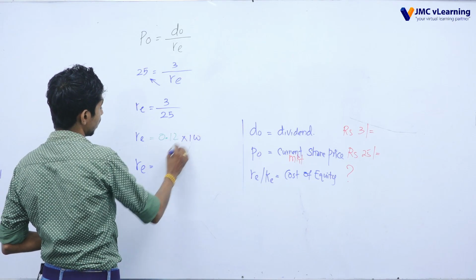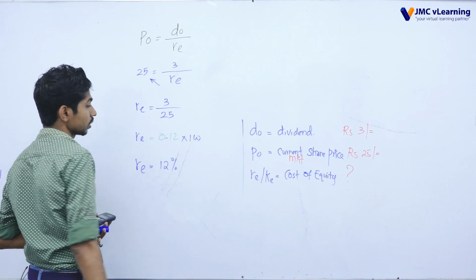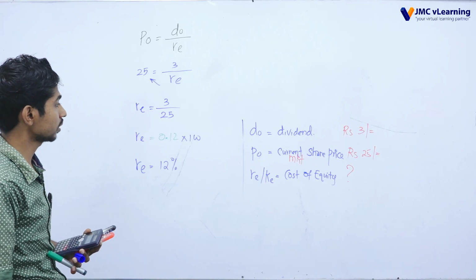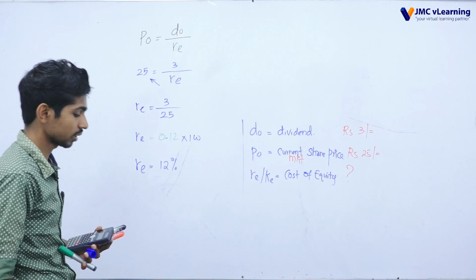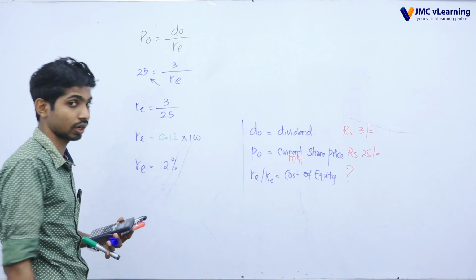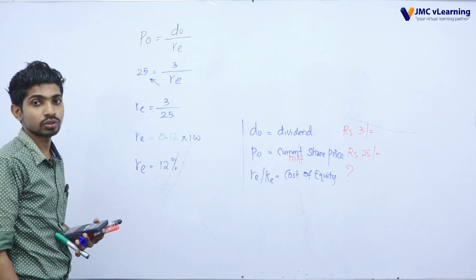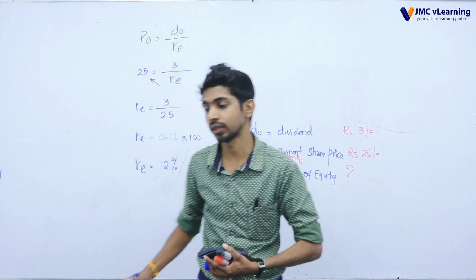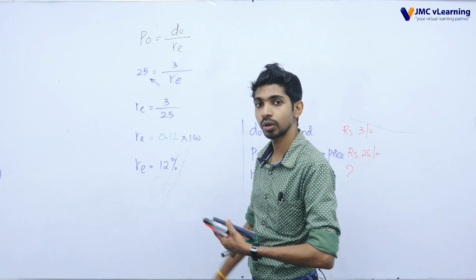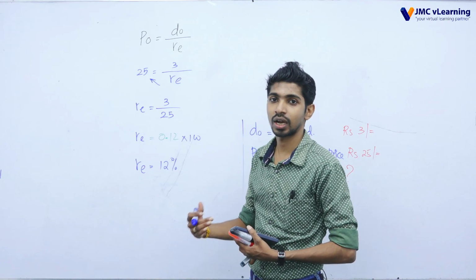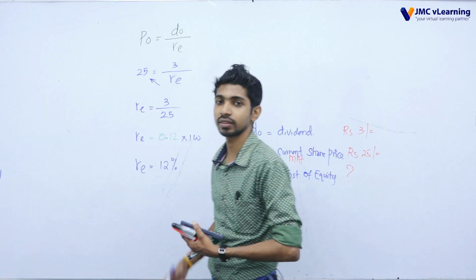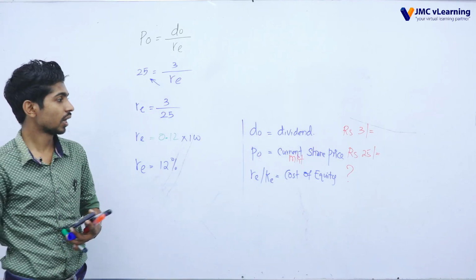At the very beginning I explained we want to know the percentage, no? Then multiply by 100. Based on this information, these investors are looking for 12% if they purchase the particular company's shares. That is the investor's point of view. If a particular investor invests 100 rupees, at the end of the year he or she will expect 12 rupees. In the organization, if we obtain 100 rupees from the particular investor, then we have to pay 12 rupees minimum. If we do not maintain the minimum 12 rupees on behalf of the 100 rupees, they will be discouraged. That means they will de-invest their amount.